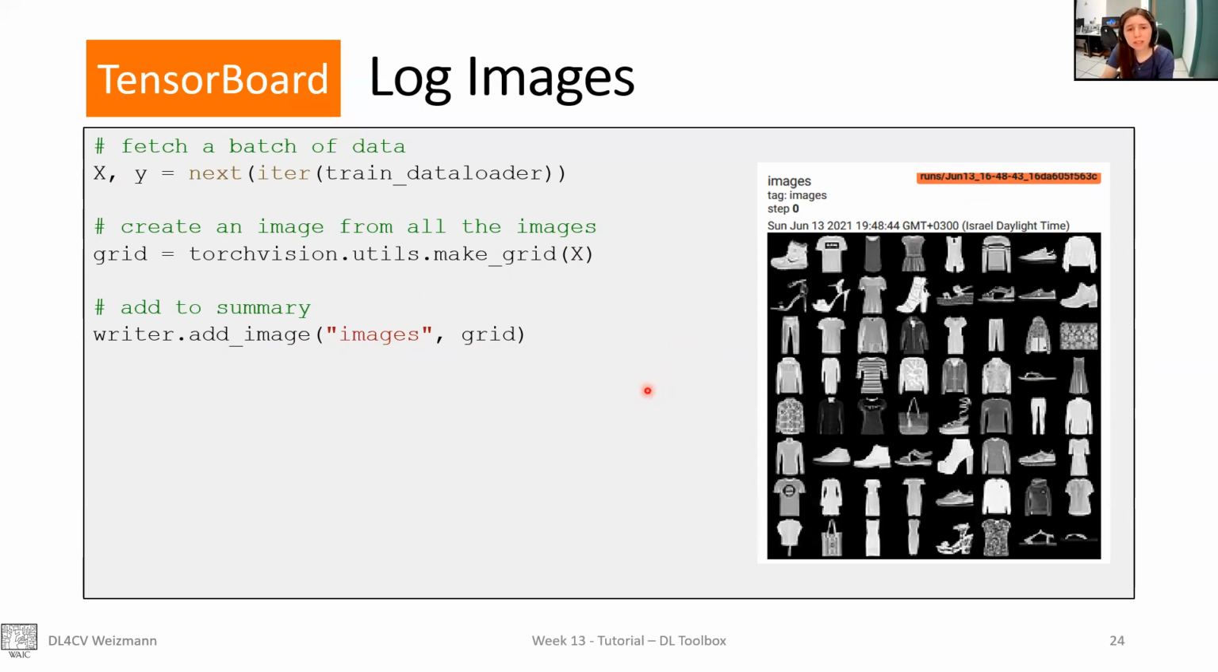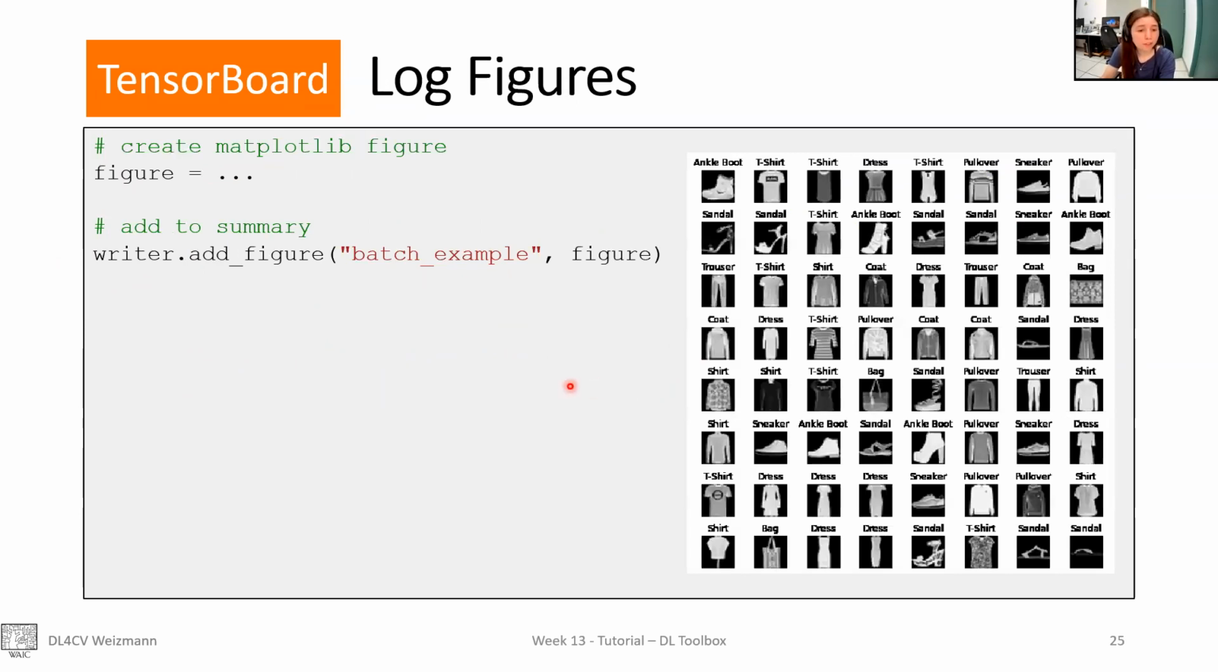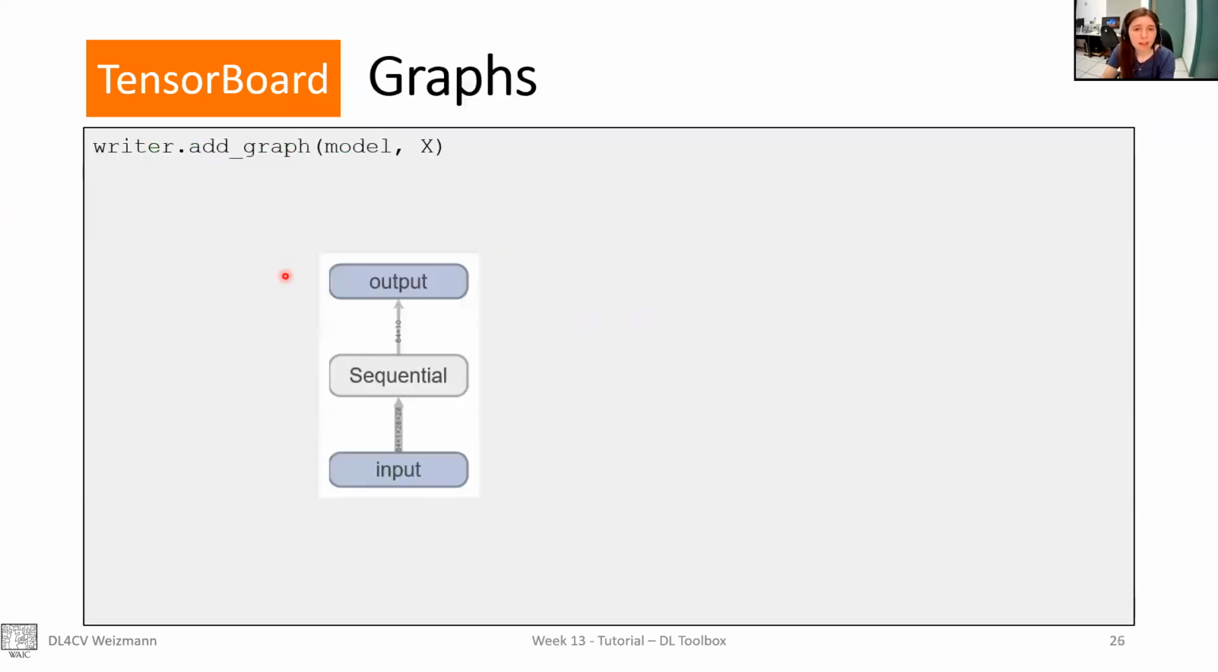And besides logging images, we can also log figures. It's practically the same thing, only here we invoke a slightly different method. So if you want to create more complex figures than just images, this is the way to log them. And besides images and figures, we can also log graphs. So in this example, in the